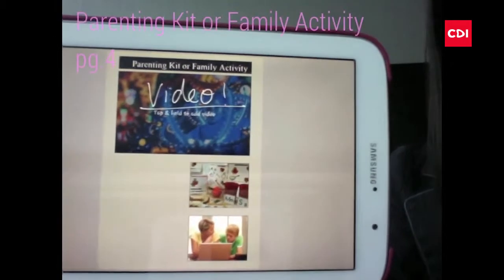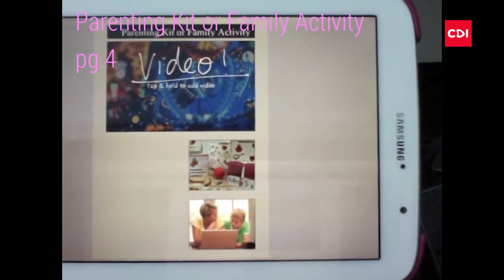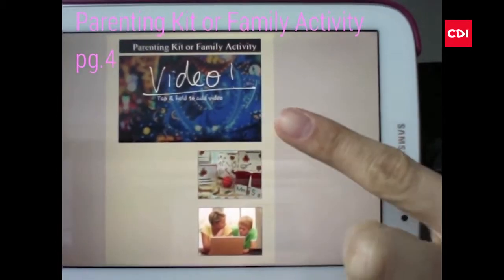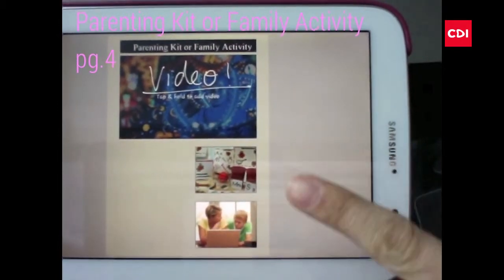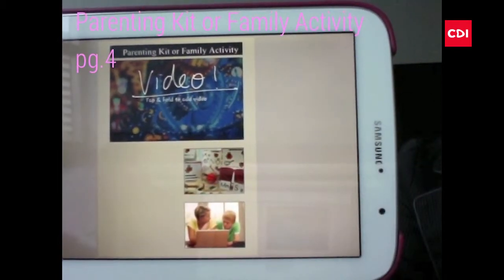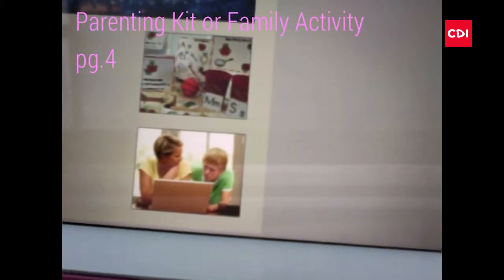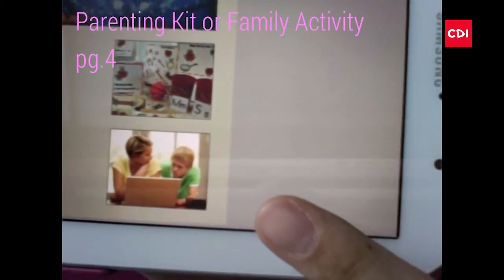For the fourth page, I would like them to create either a parenting kit or a family activity. Again, if they wish, they can put a video here, but for this last page, I'm going to make that optional, and then various pictures. If the students chose to do a parenting kit, I have here a picture of phonics cards and a mother with her son and a laptop.